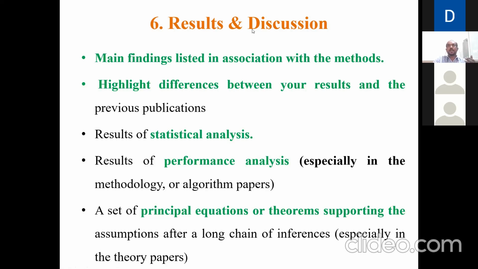So these are all some important points we have to discuss in the result and discussion. The result and discussion should have the main findings, highlight of your result under the comparison, and if possible, statistical analysis. It may vary from paper to paper. Then what are the parameters you are having? You have to analyze that parameter and how it will improve your performance. Like that you have to discuss. And finally, if you are having any equations and other things, you can discuss that equation and other things in the result and discussion, right?